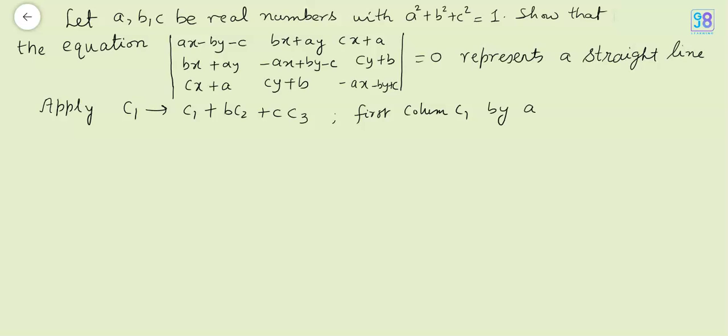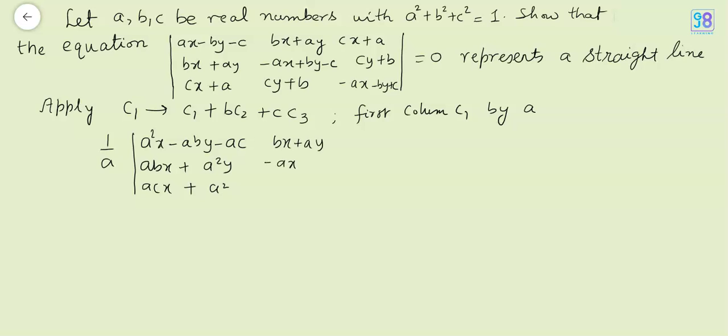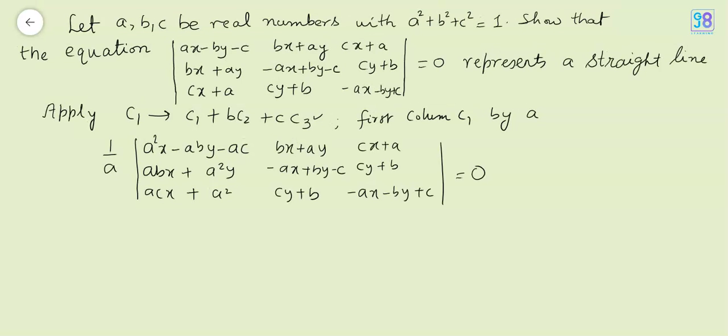look something like this: 1 over A square, x minus ABy minus AC, ABx plus A square y and ACx plus A square. So on this determinant that I have obtained, I will be applying this transformation. Applying the given transformation, we observe that the determinant becomes 1 over A square plus B square plus C square